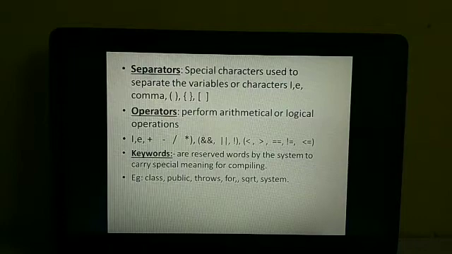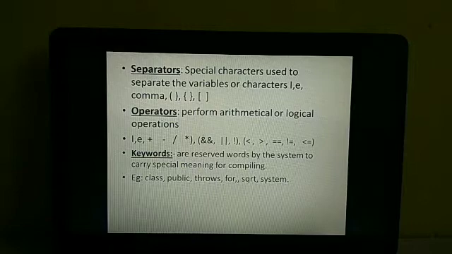Next one is your separators, which are special characters used to separate values, variables or characters. That is either a comma, open or close braces, open or close curly braces, and square brackets. Okay. Operators perform arithmetical or logical operations, that is either